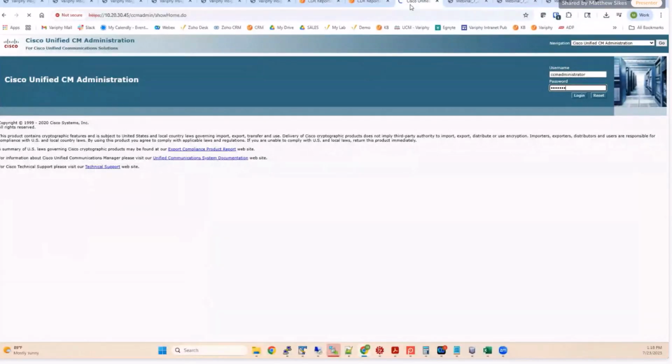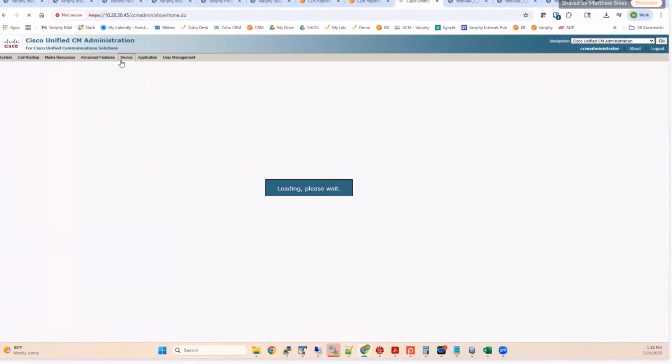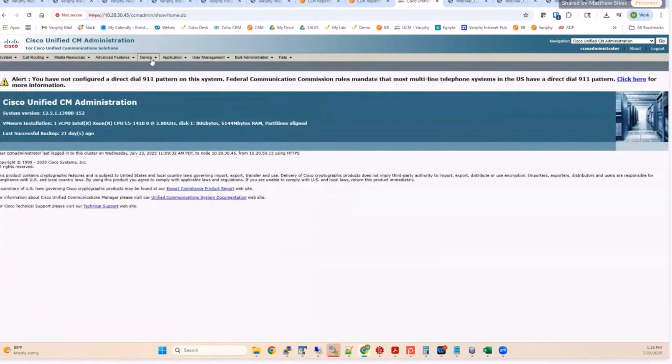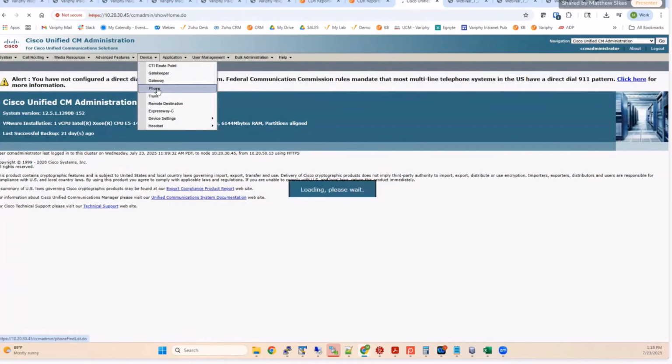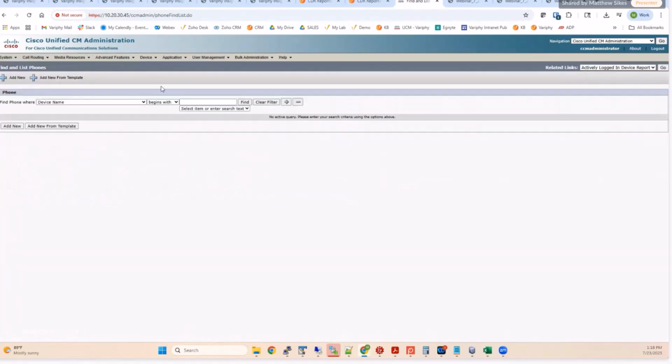But of course, you can hop into Call Manager and you can certainly search for those devices if you want to look at them at the source level. But again, just giving you a different look and feel to be able to find those devices pretty quickly within the Verify modules instead of hopping into Call Manager. But certainly, don't get me wrong, you can come into Call Manager in the admin page, search on the devices, and for this example, I'll just show you